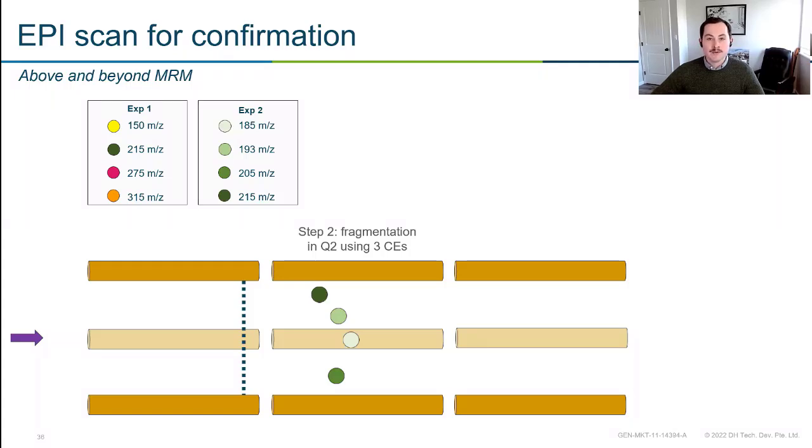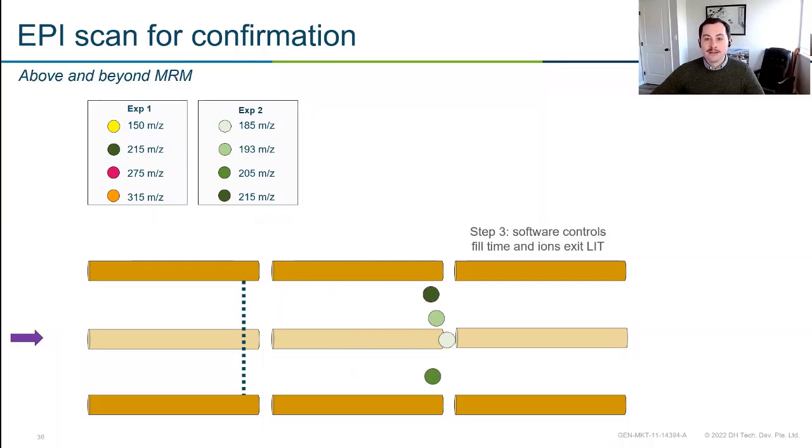And the reason we're doing this is to create a wide range of fragments. So we want as many unique fragments as we can get. So this is a nice way of doing that. Past there, we're going to allow those fragments to fill up the ion trap and then be read out by the software. And as those exit, they'll reach the detector and we'll get their masses. And this will give us the compound's, I like to call it again, fingerprint.